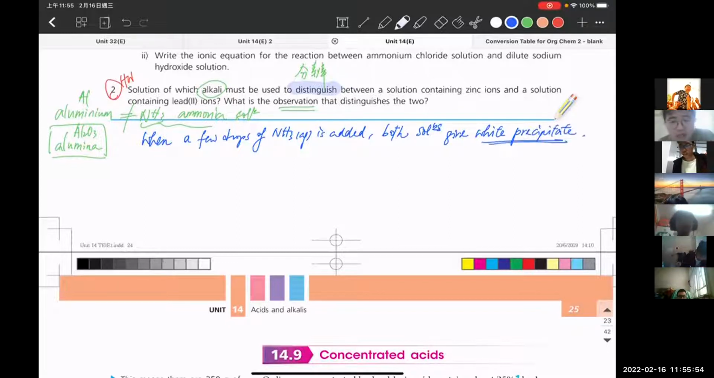Now, be aware of what you have just said. You mentioned a few drops only, but in the second statement you tell me the PPT dissolves. So it's different, right? When the ammonia added is just a little bit, versus when you add it in excess, we have got both stages. The first stage is a few drops of ammonia solution added. Both solutions give white PPT. However, when you add the ammonia solution in excess,